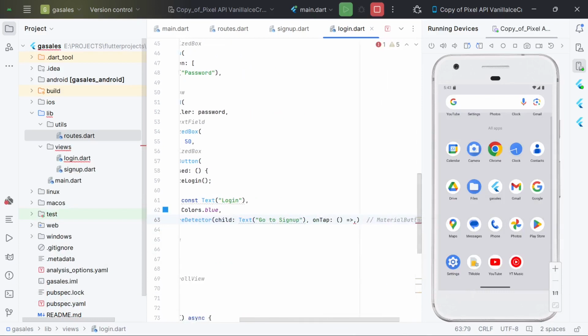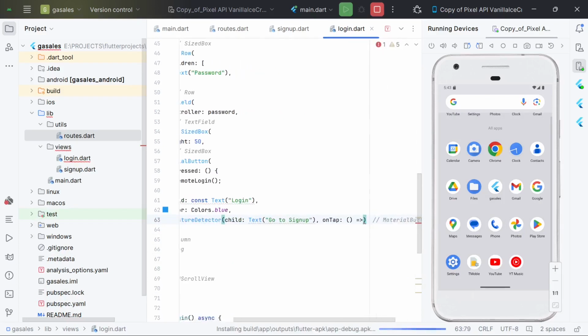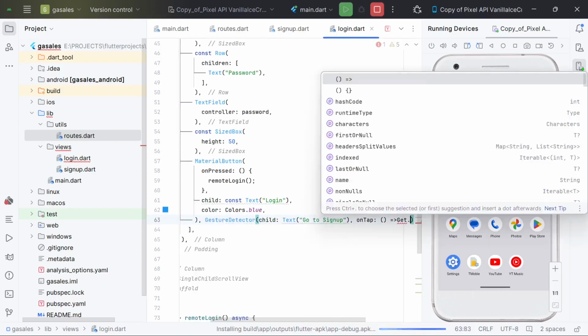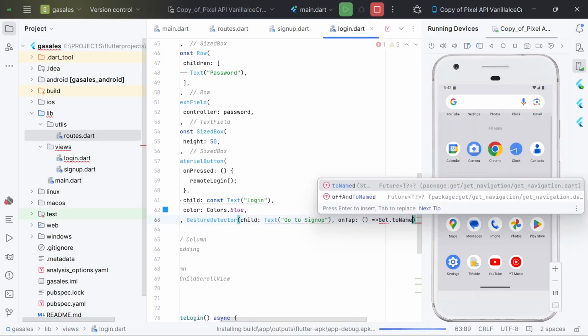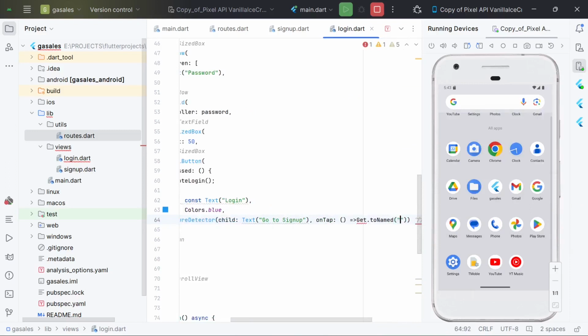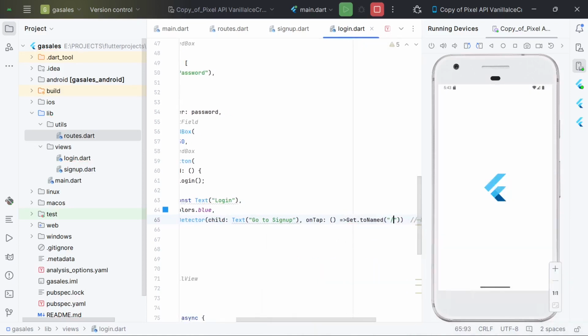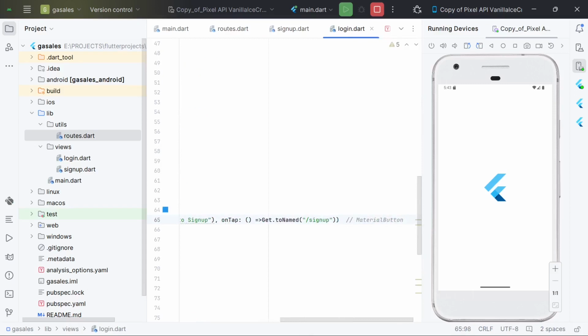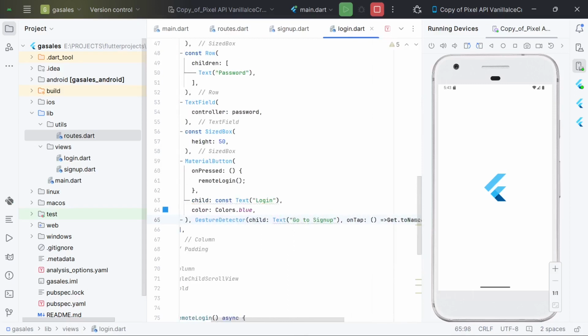And the task here is very simple. We just want to navigate. When this is clicked, we want to go to the sign up screen. So get dot to named, because we are using GetX to manage this, and then we provide the name of the route that we want to go to. So this can be or is sign up. These spellings must match what you have inside routes here. Sign up, sign up. So for sure, when this is clicked, we will be able to go to sign up